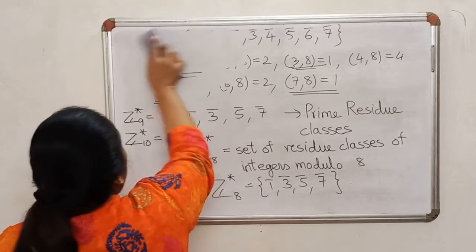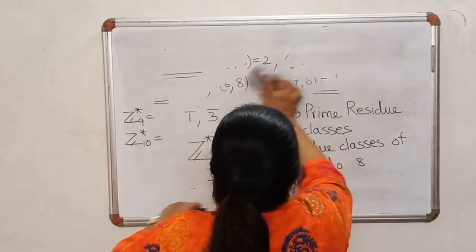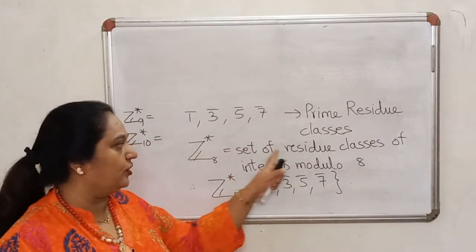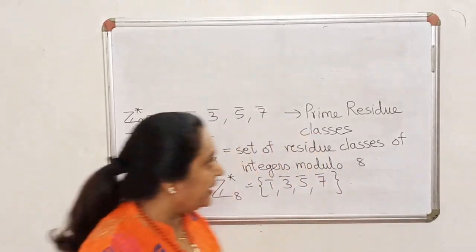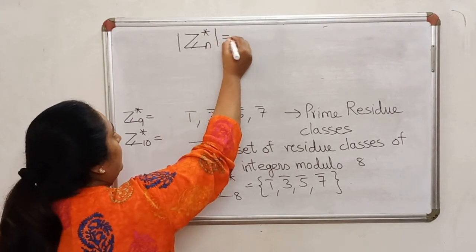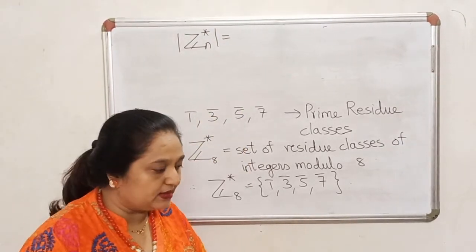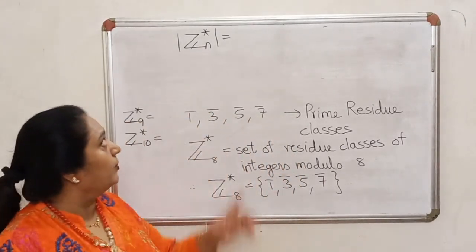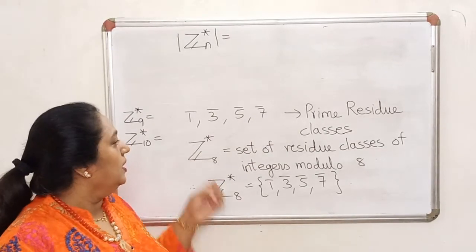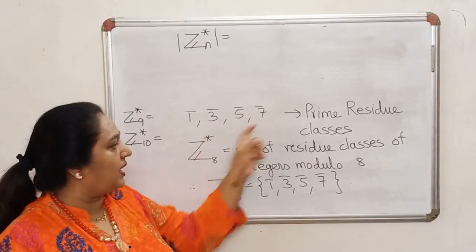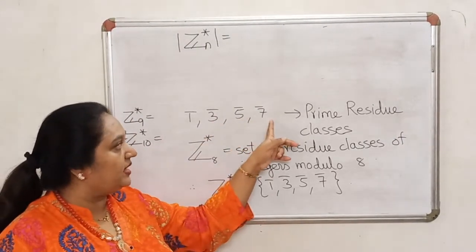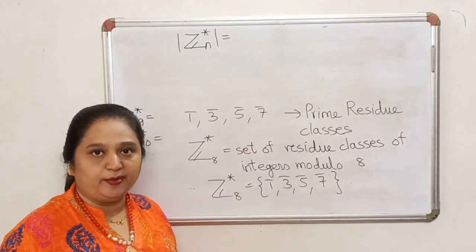So we had agreed to use the notation superscript star for Zn to indicate that it is the set of prime residue classes of integers. Then we would like to know how many elements are there in Zn star, because I will require this at a slightly later stage. Now remember which elements are going into Z8 star. Here you have an example before you. We are putting only the prime residue classes inside Z8 star. And which are the prime residue classes? These are the positive integers less than 8, which are relatively prime to 8.